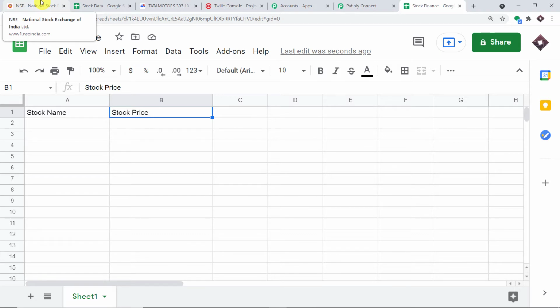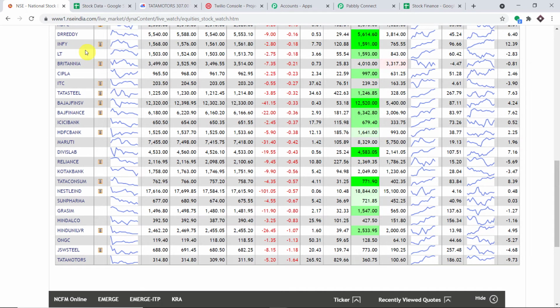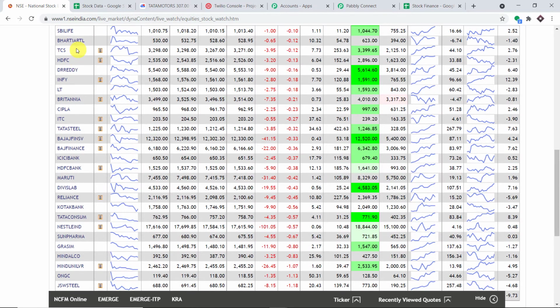The reason I'm working on the stocks of the National Stock Exchange of India is, first of all, I'm an Indian and we are trading on the stocks present in the National Stock Exchange of India. And the second thing is at present, NASDAQ is closed. NASDAQ and Dow Jones both are closed. So we are going to work on the stocks in the National Stock Exchange of India, but the process is almost the same. I will be working on a stock, let's say Tesla also, so that you can understand.